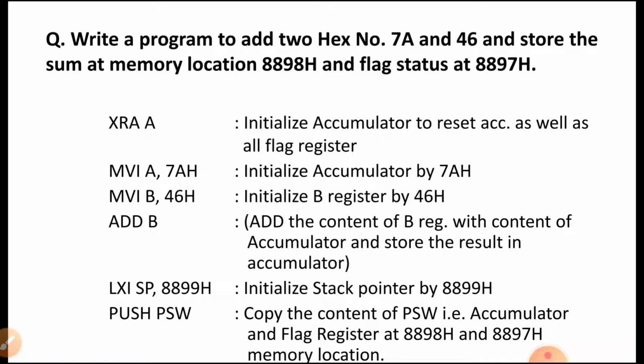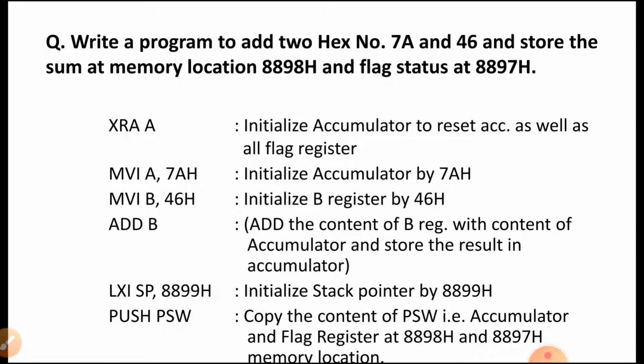We can retrieve that information from the flag register and store it at a certain memory location, or from a certain memory location we can put some data into the flag register. So it is the push and the pop instruction by which this is possible, otherwise it is not possible. So what we have to do,